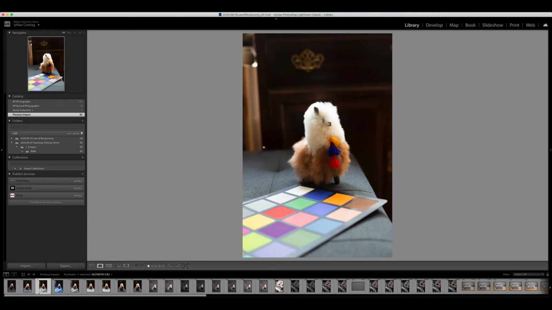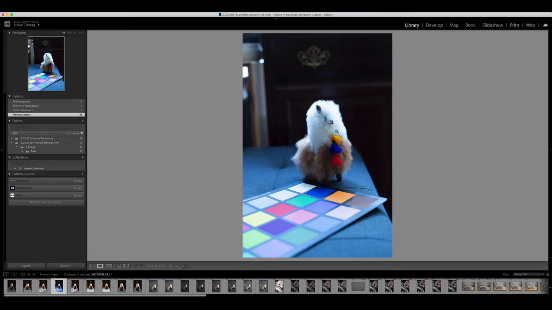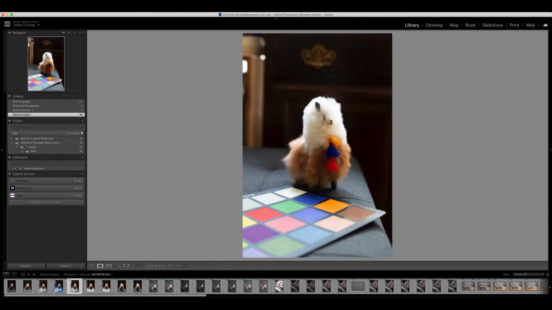So I'm definitely going to select this one because I'm going to use these neutral tones down here to adjust my color balance. And with this one, I actually changed my white balance to be incorrect. So I changed it to be in tungsten light. And so you'll see the power of the color correction tool with this image in particular. I'm going to give that one a rating of 1 for now. And then